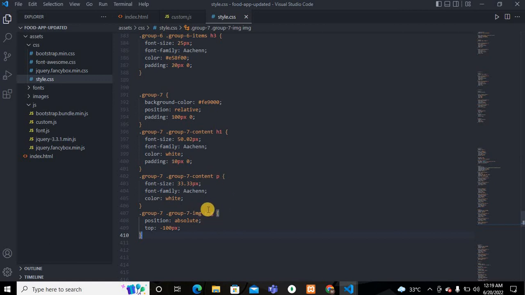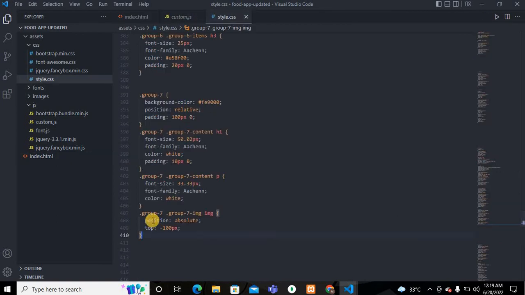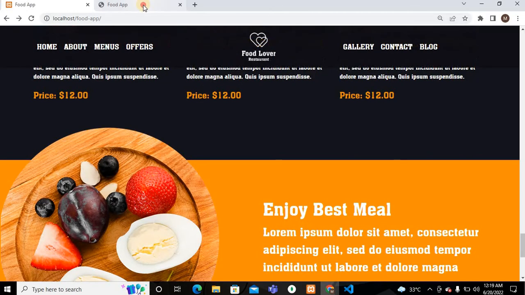After this image set as position absolute, because this is my child tag or child image or child div into this div. You can see here, this is my parent div or section, and this is my child div. Okay, so I have applied some CSS on this, and top -100 pixel. So go to my browser and check,